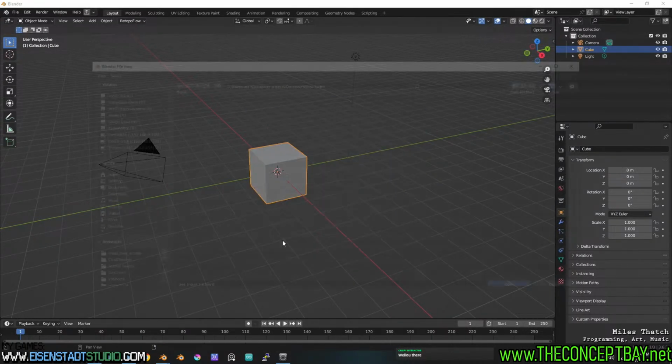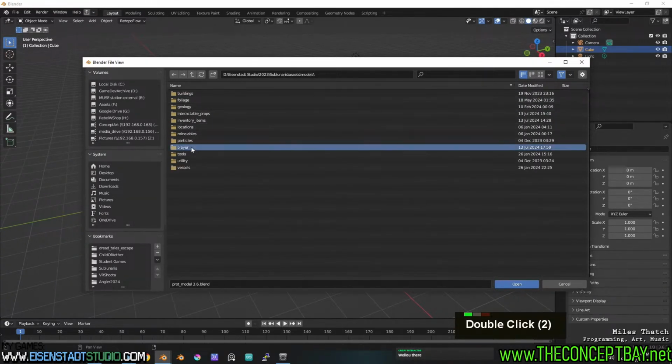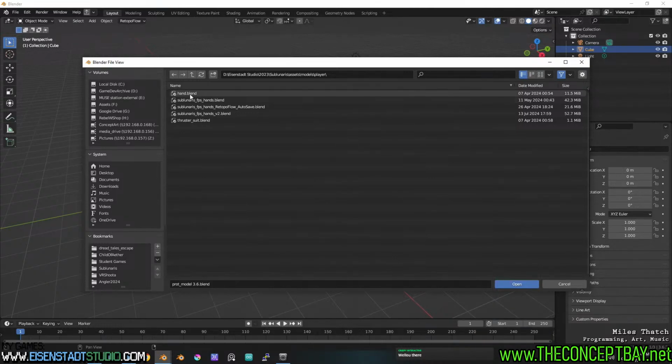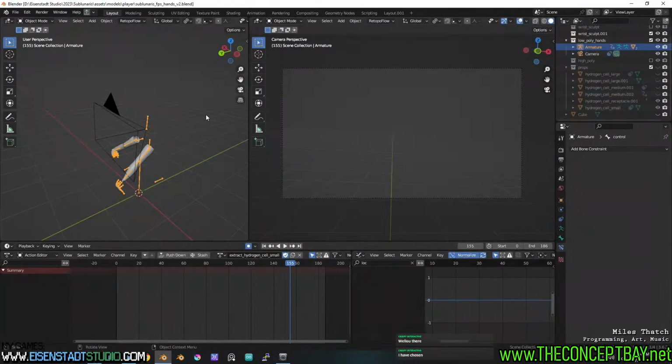Okay, so I'm going to open up player hands. We might have to retexture them too. Hand. FPS hands. FPS hands version 2. July 13. Yeah, that's the one. Perfect. Hello. Welcome back. Okay, so